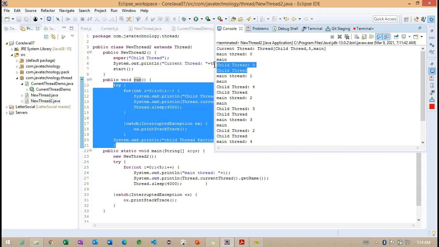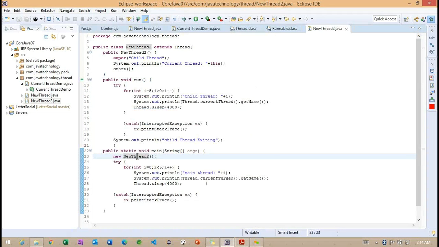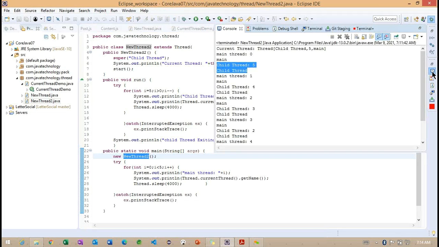So these two threads are created. How did we create the two threads? By default, the main thread is available, and using this particular constructor we created one more thread. That is what we call the child thread here. Getting the point? The child thread is also executing internally inside a loop, and in the same way the main thread is also executing inside a loop here.